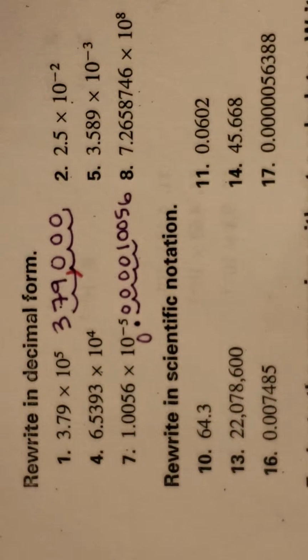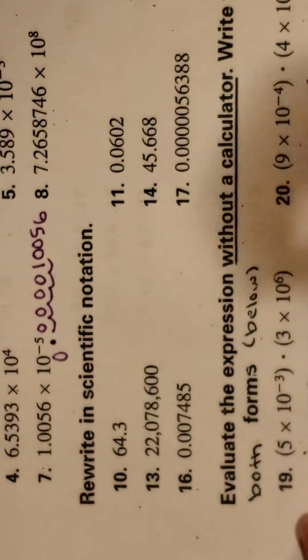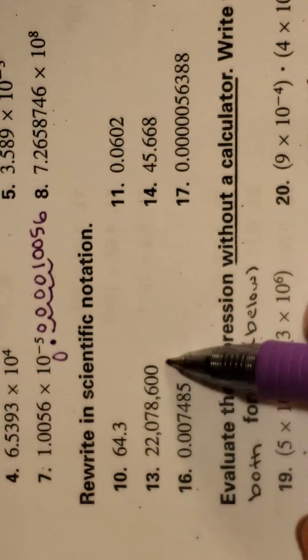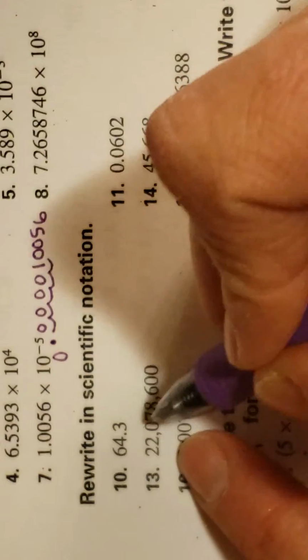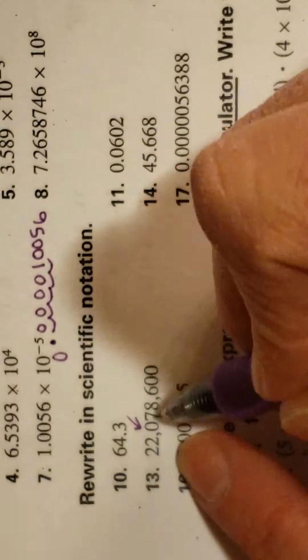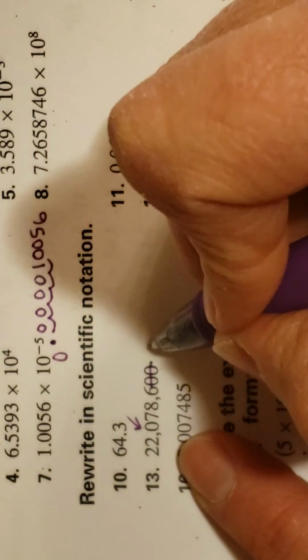Okay. So that's writing in decimal form or standard form or normal form or whatever you want to call it. Okay, let's write some numbers in scientific notation. So this is a big number. It's going to have a positive exponent. When I write it, you want to keep this 0 because it's necessary for a placeholder. But these we're going to drop. So it's going to go